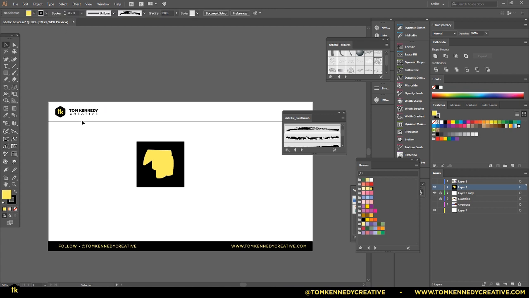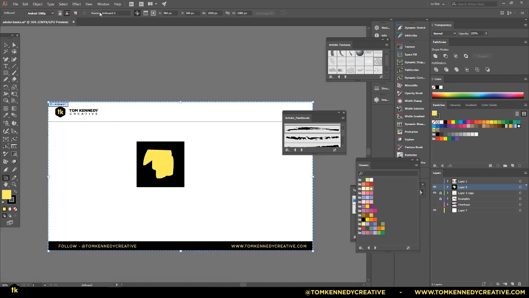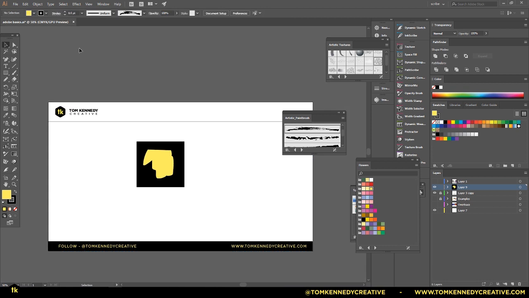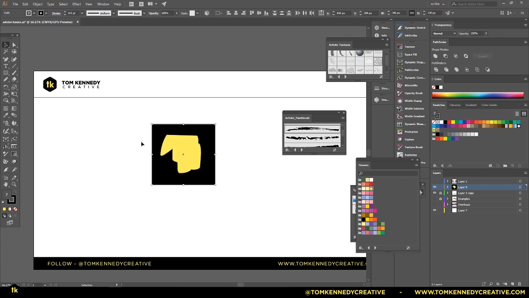But if there's anything outside of that and you select the other one, fit to artwork bounds, it'll fit to whatever's in the boundaries of the work area. So there you go. That's pretty much all your tools there. We've got through the tools. That's the hard part. Well, it's not the hard part. It's not hard. It's just a lot of tools just to get through and to show you the basics of